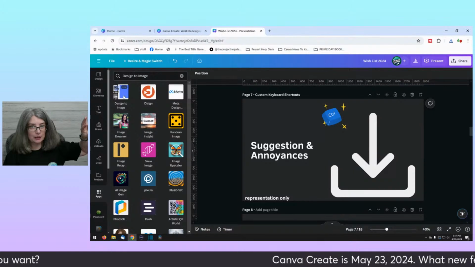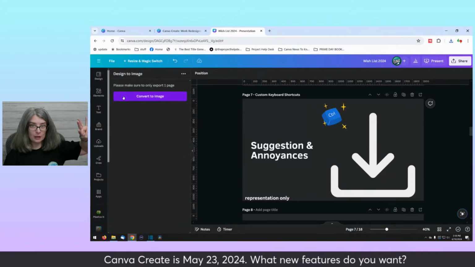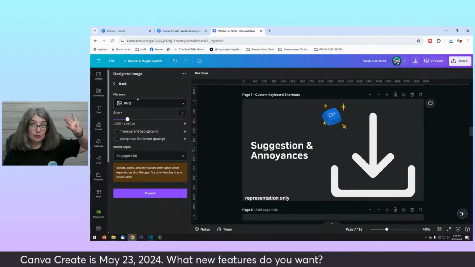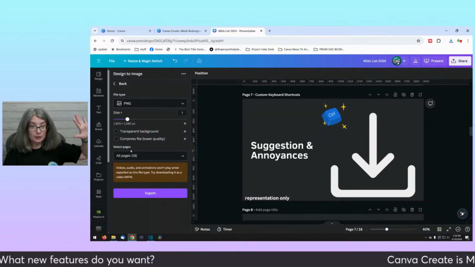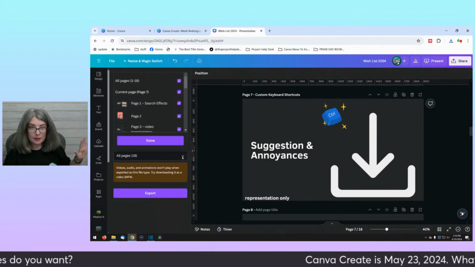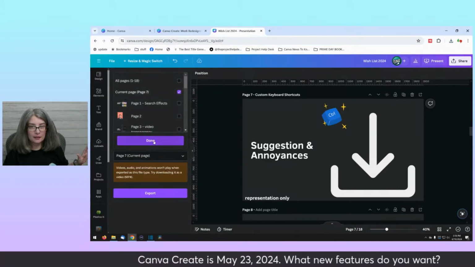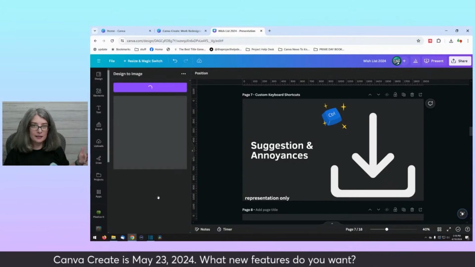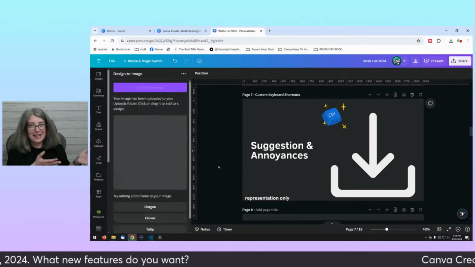Then design to image, that's 4 clicks. Convert to image, that's 5 clicks. It is already on PNG. But then 6 clicks, 7 clicks, 8 clicks, 9 clicks, 10 clicks. That one takes 10 clicks.